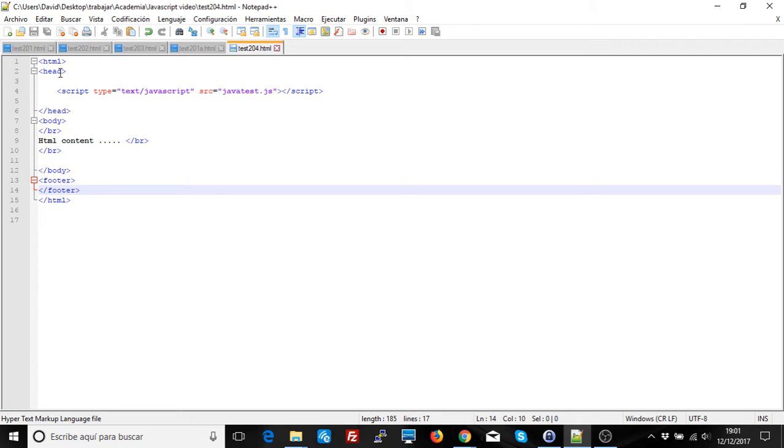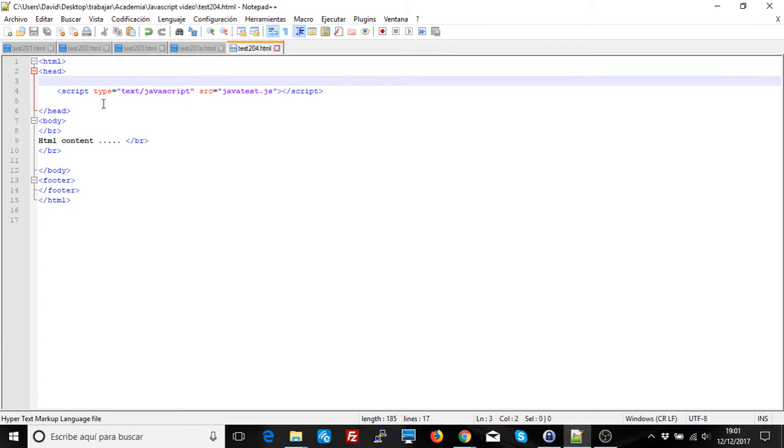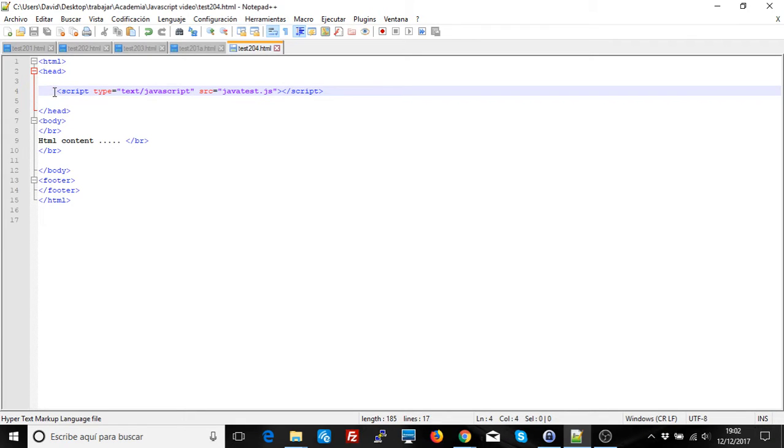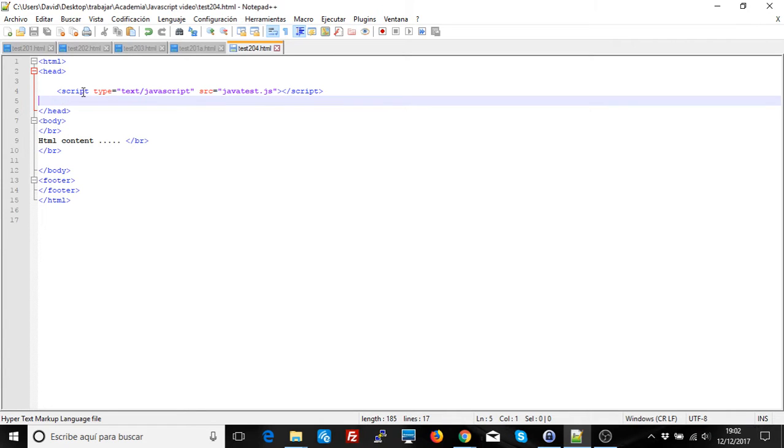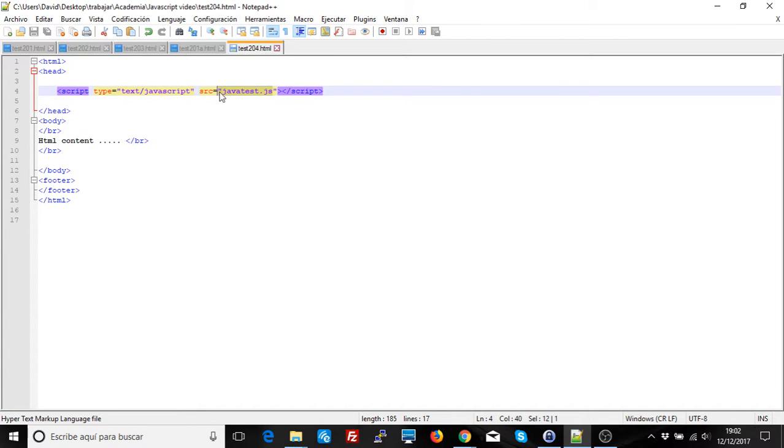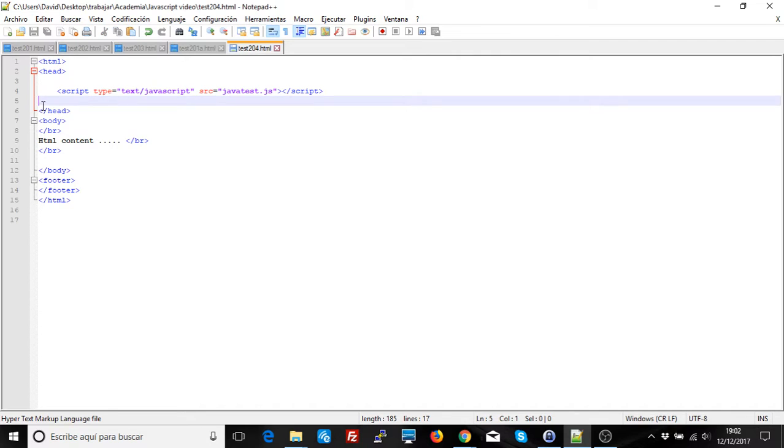So I've included it here. In my header, within the script tags, I called a source file called Java test. As you see, this is very clean. This Java test could be huge. I could have calls to various files doing various different things, and it has another